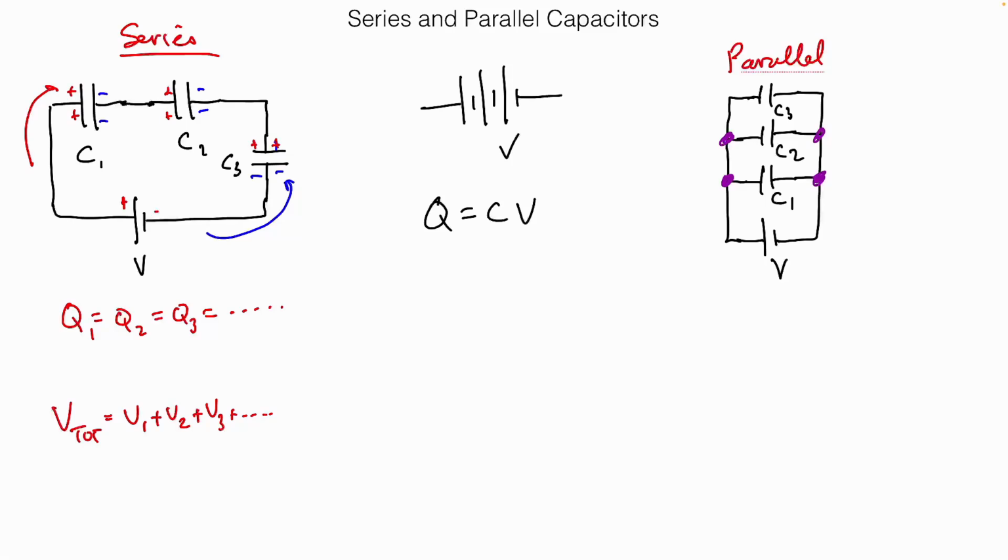These are just the mathematical statements that say charge is the same, or equal, on all capacitors when connected in series, and voltage is shared. You have to split it up. You can't go over the total. Okay, so